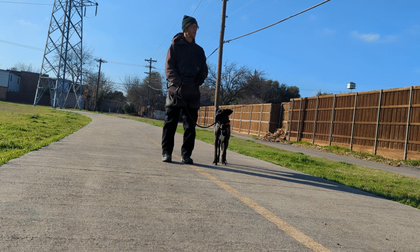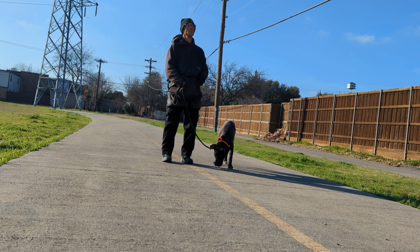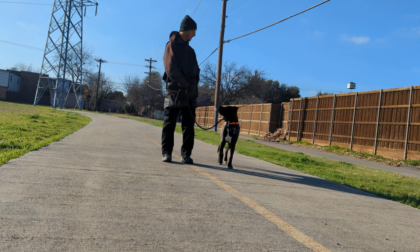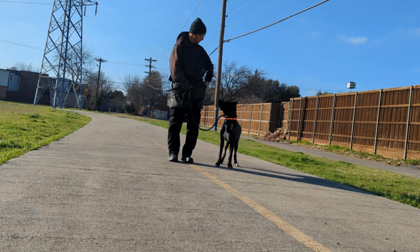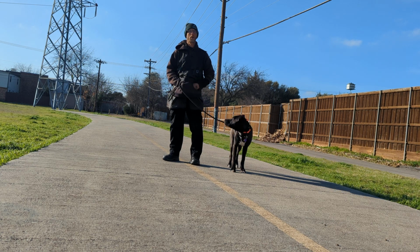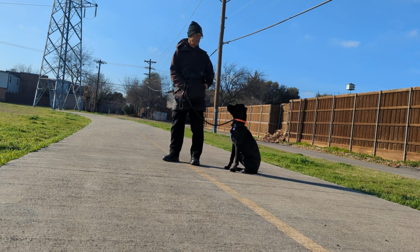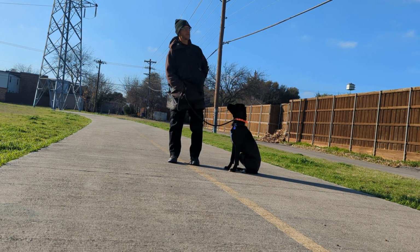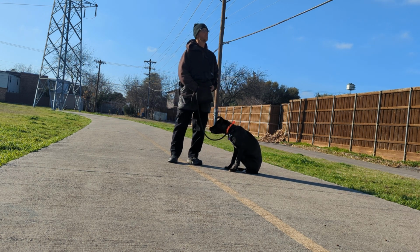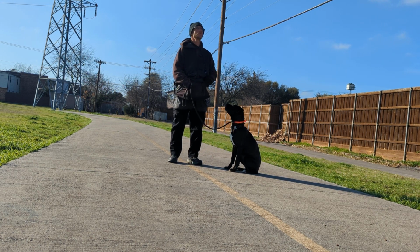Right? A lot of times the martingale's not enough for higher energy dogs. So the higher aversive you go, the lighter you can be with it. Like say I had him on the prong collar, the correction you saw me do, I could go softer because the tool makes up for it. A lot of times with higher energy dogs, you want that prong collar because there's more